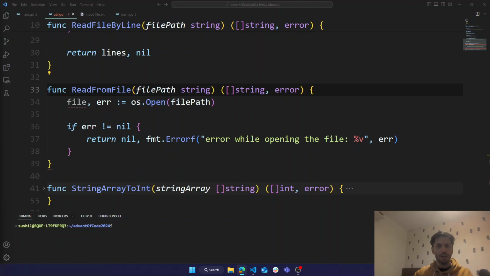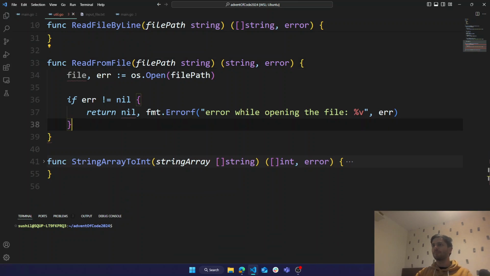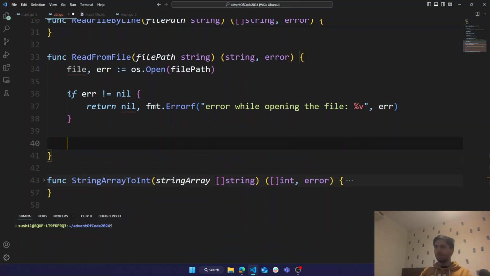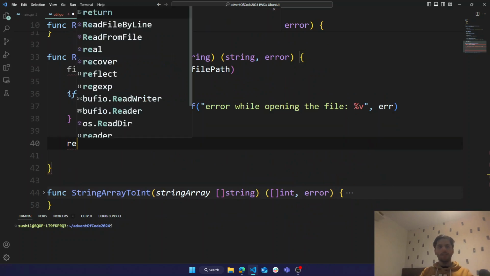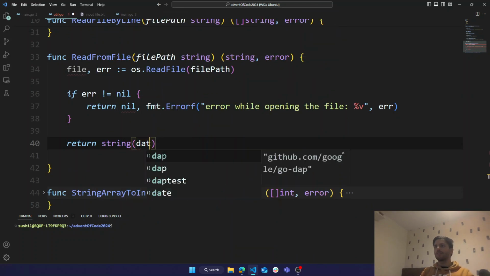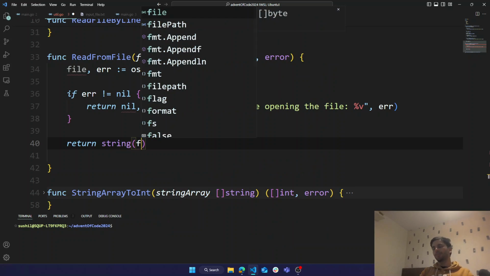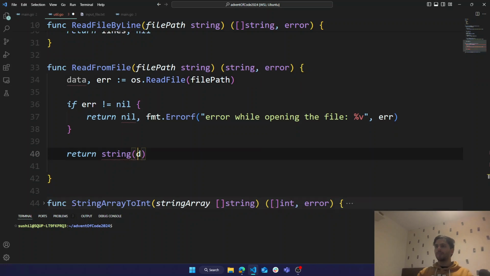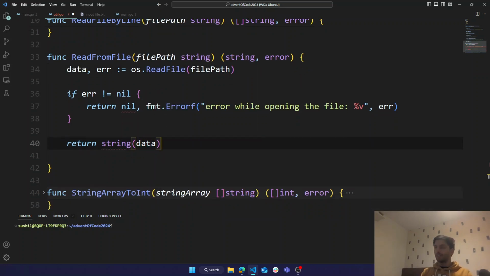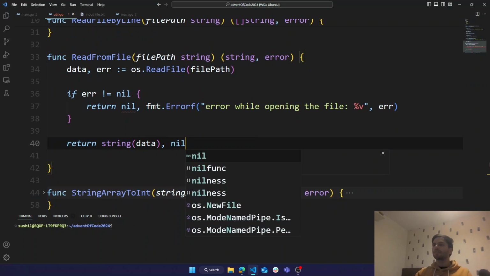Then what does it mean? So we can still create a file, or we can just convert it into a string and then return it. Okay. So what we will do is, instead of opening this file, we just remove that, and then we will return string of our data. It will be our data, and we pull that data. It doesn't like this.